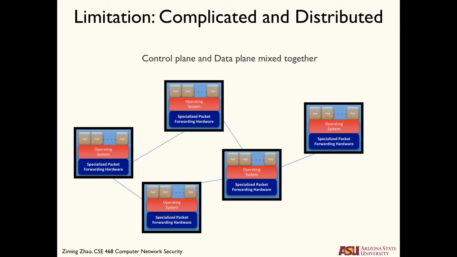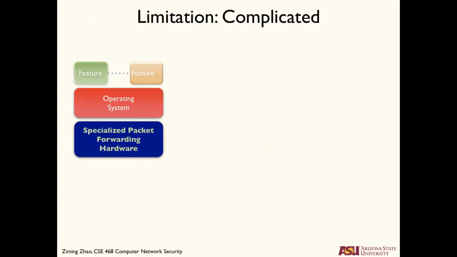First, it has special hardware, not only our regular CPU. They use customized CPU, customized memory, and on top of that, each of them has to run an operating system. On top of that, each of them will run their own protocol. So this router may run the OSPF protocol, and this router may run a different protocol or a different version of the same protocol. So if you want to upgrade your network, you have to upgrade each box because everything is burned into this box. They are not separated.